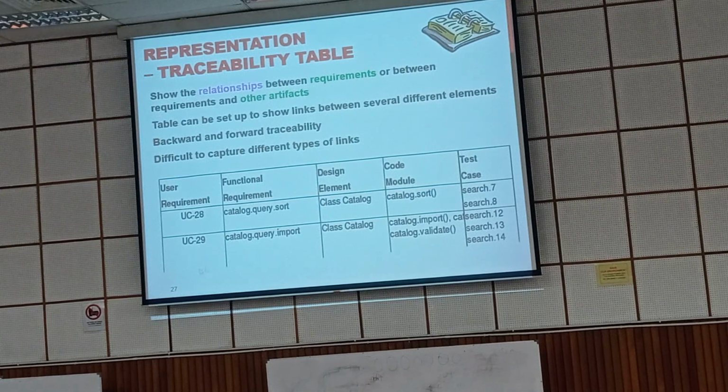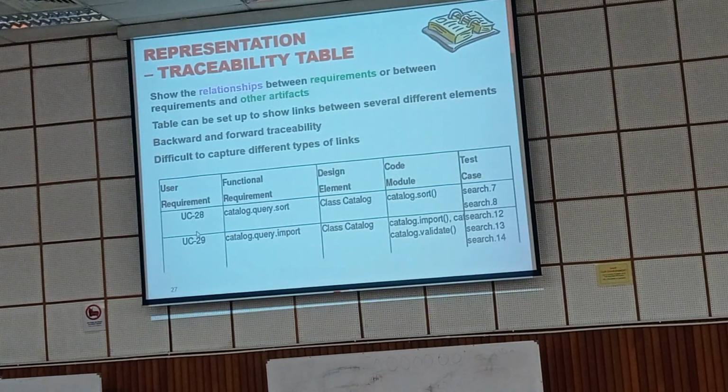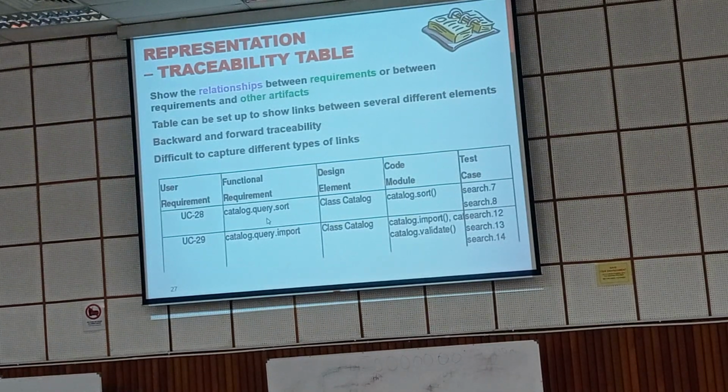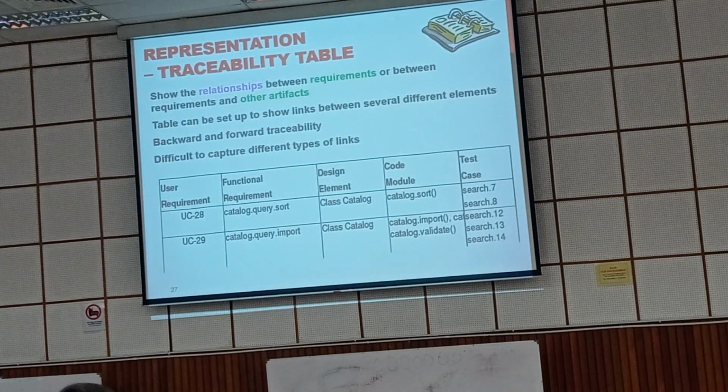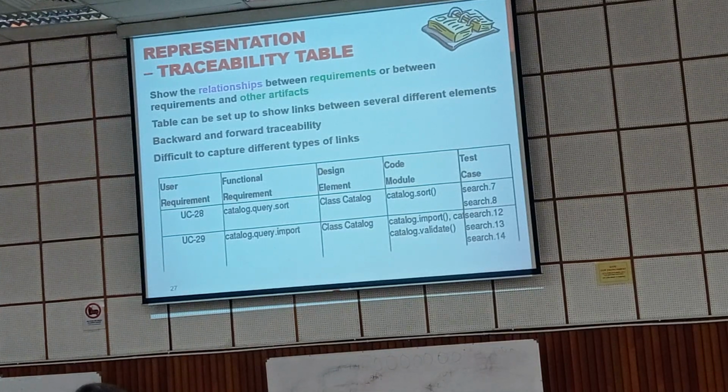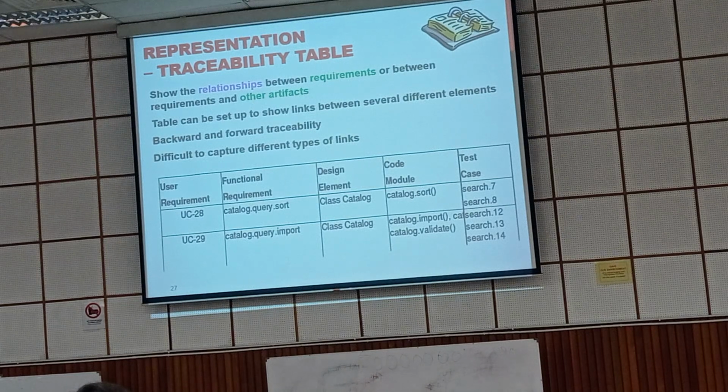You understand? So for this use case, this is the user requirement. This is design, code, and test, and function, feature. That's why I asked you, when you do your assignment, you must have your functional requirement ID. So I asked you to use numbering. Remember 1.1, 1.2, 1.1.1. Because